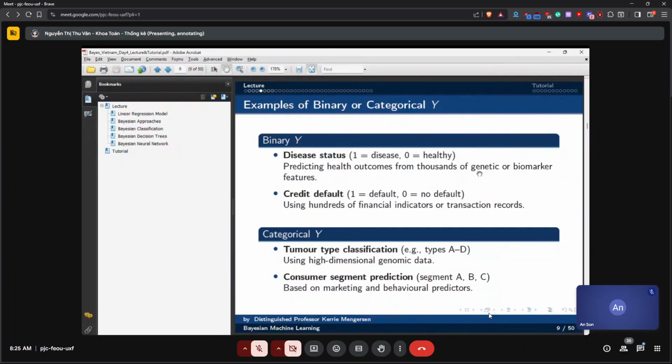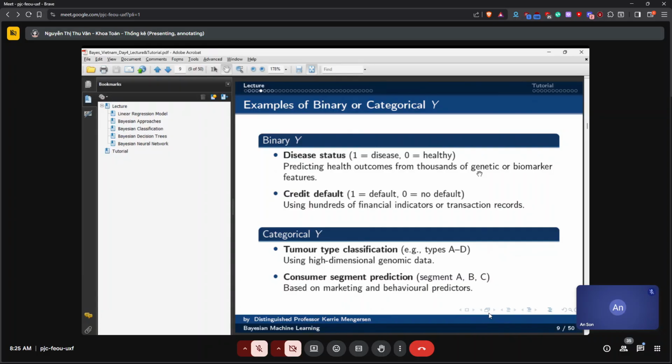I talked about disease status, you're diseased or healthy, or it could be credit default, so you default or you don't default, using hundreds of financial indicators or transaction records. In fact, we can use machine learning methods even if we don't have hundreds of them, even if we just have many, it's fine.